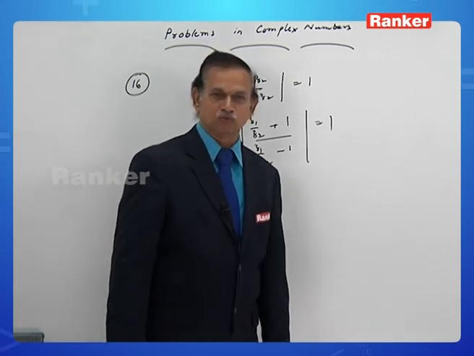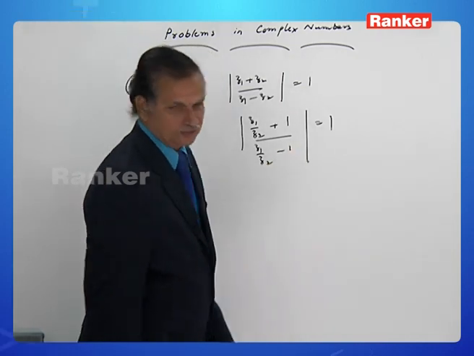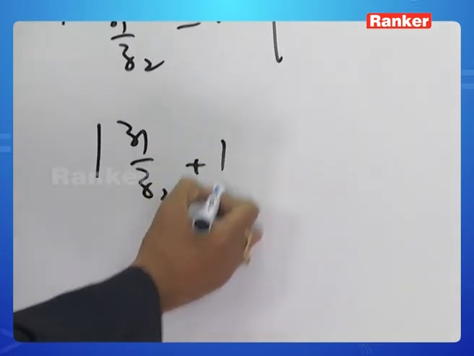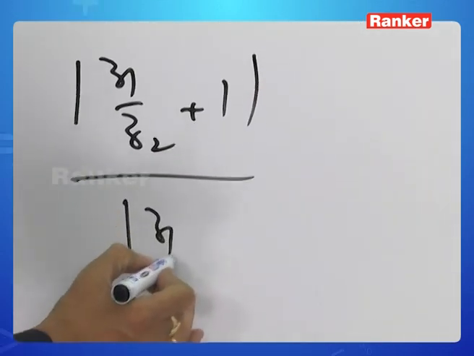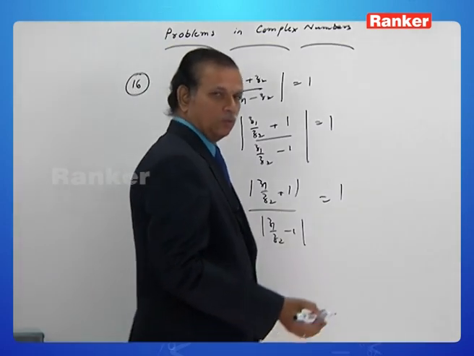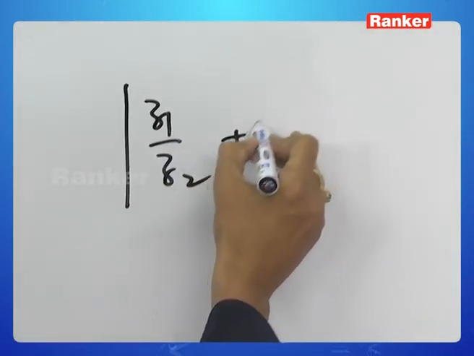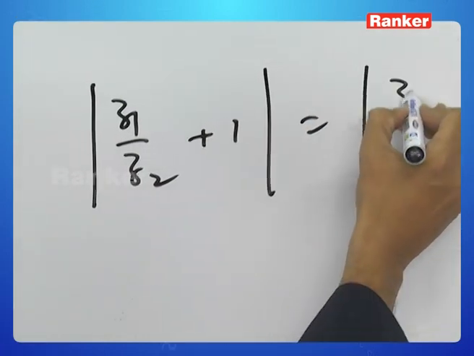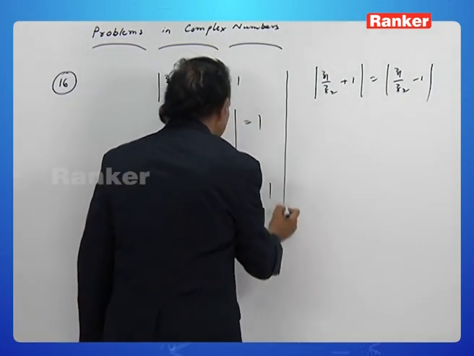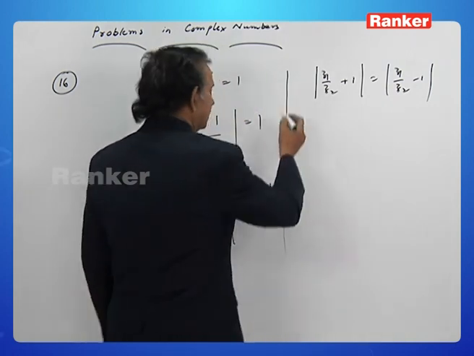(Z1/Z2 + 1)/(Z1/Z2 − 1) = 1 in modulus, that is |Z1/Z2 + 1| / |Z1/Z2 − 1| = 1. Thereby we observe that |Z1/Z2 + 1| = |Z1/Z2 − 1|. At this moment, let us recall that